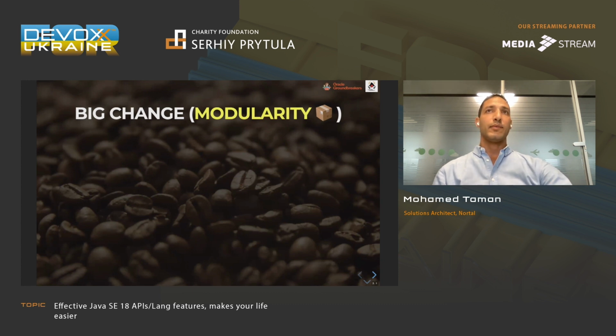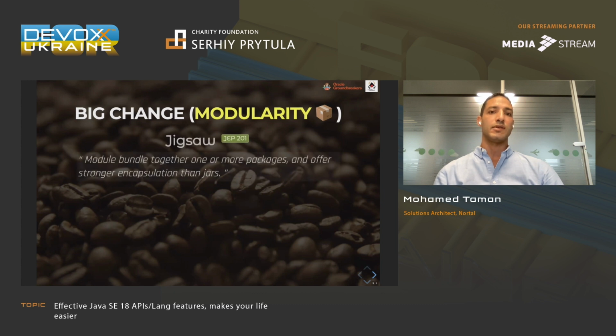And if you are developing for certain cases like libraries or APIs, or want a shareable component, and you want it to be modularized, you can use modularization for this purpose. It doesn't require migrating to a new Java version to be fully modularized. And to upgrade your code to modules and start using it, do you have to spend too much time on this? No, you don't have to do this.